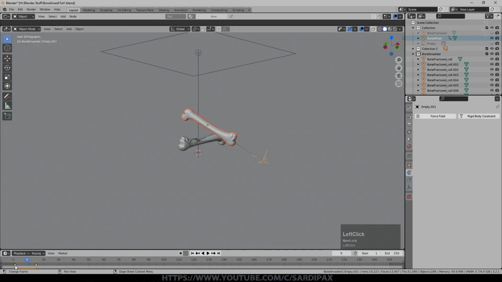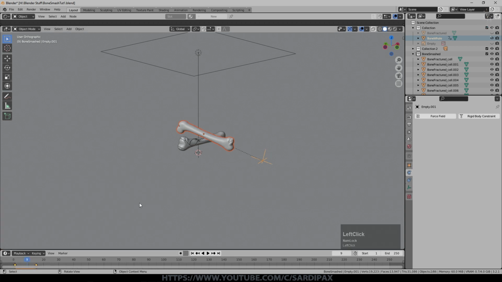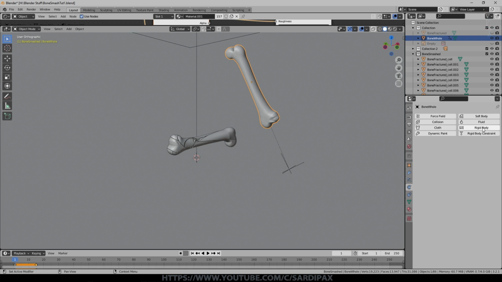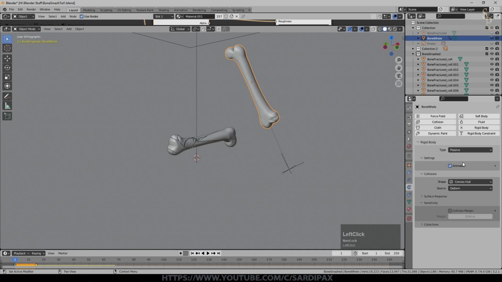So I'm going to right click with both of these keyframes selected, and we can speed or slow that later. I'm going to right click that and say interpolation mode, and I'm going to say bounce. So now if we do it, it actually falls a bit quicker and it seems to bounce when it hits. So that's a bit more interesting. The next thing I want to do is make this a physics object as well. So with that bone selected, we'll go to rigid body, but we'll say animated this time while changing it to passive. So it's an animated passive, and we'll say mesh because it's a bit of a strange shape, and we'll see what that does for us.